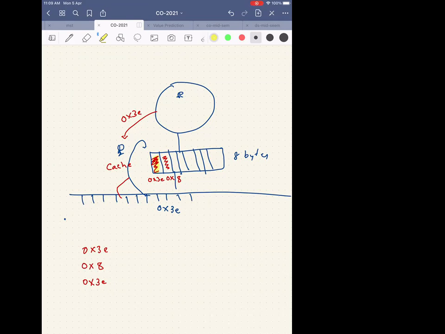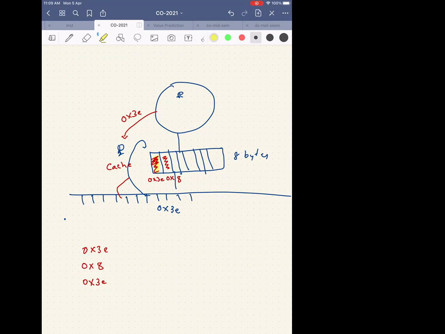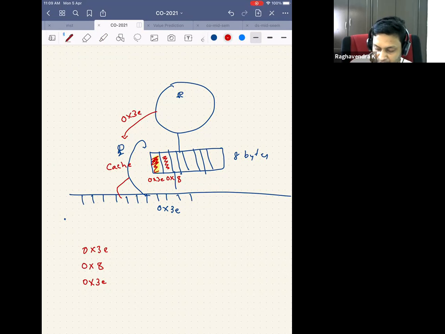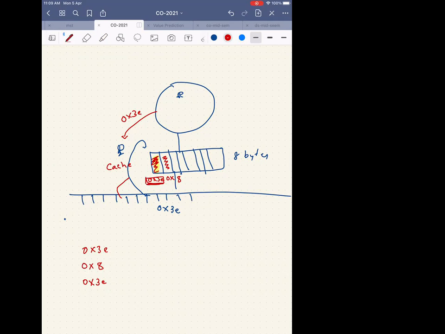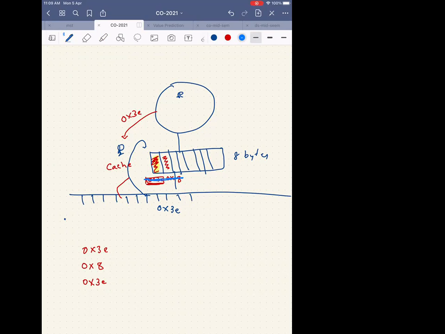Because, sir, its address is there, right? So we can. No, where is the address? The sticker. Maybe we can attach the label to it. No, wait. Before that, Amit, where is this 0x3? I have written this, but it's not in the hardware. The 0x3 is not there. Oh, okay, sir. Right. So this 0x3 is not there. You have to keep this 0x3, right? So we should store both the address and the data, right?